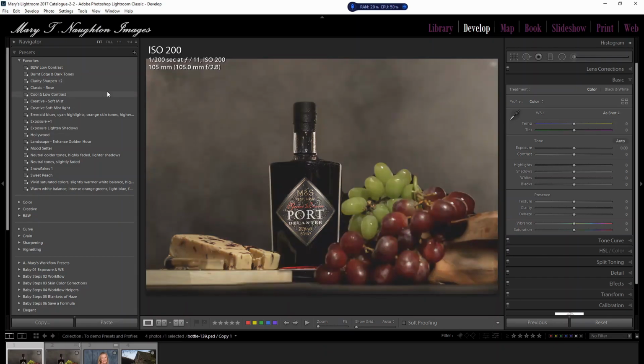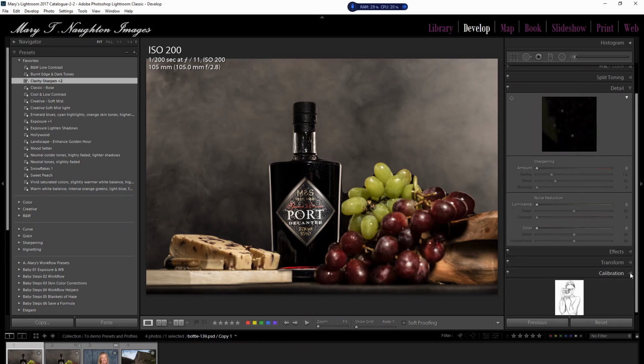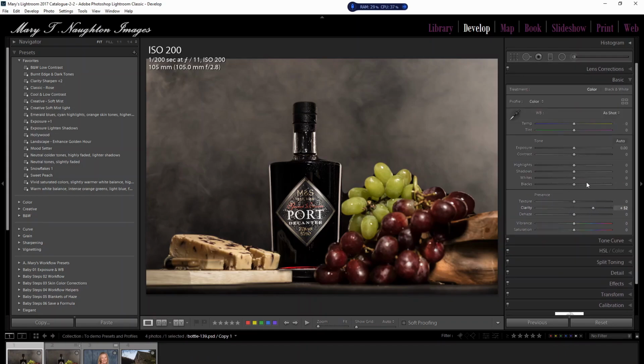So if I come over here and I choose clarity and sharpening +2 and I add this preset on, I've added it onto this image now, and you can see that the clarity has gone up by +52. Sorry, I had a bit of a delay there because I had something running in the background and I've closed it down. So we can see that we've applied sharpening and we've applied clarity to this image,